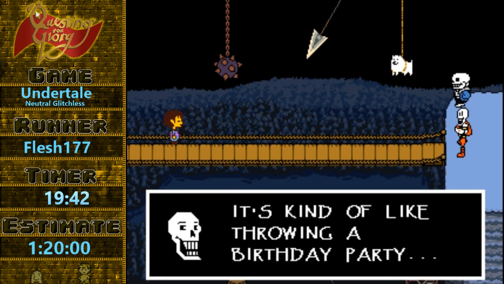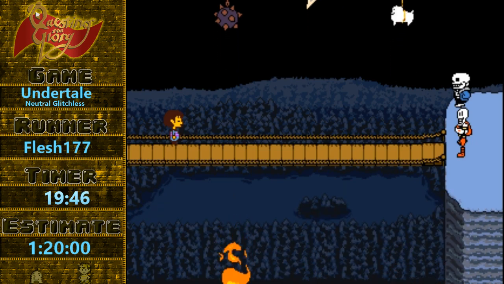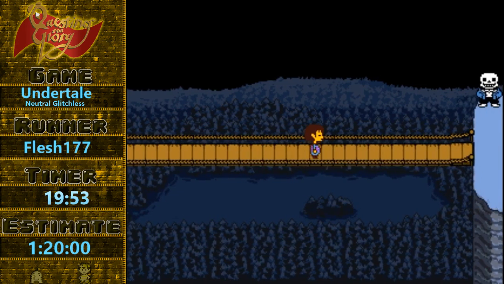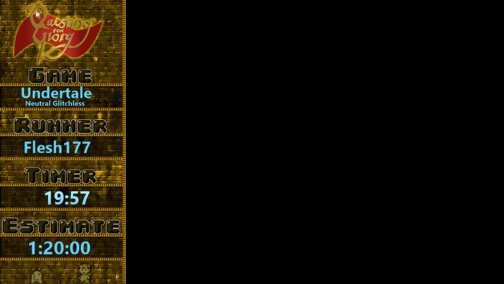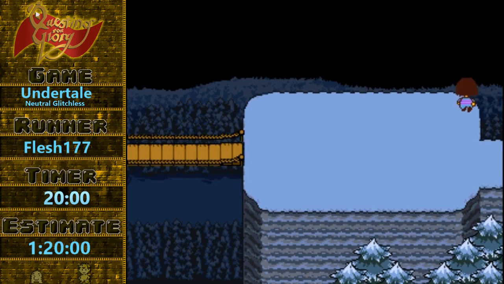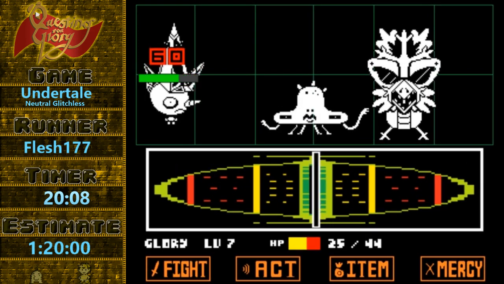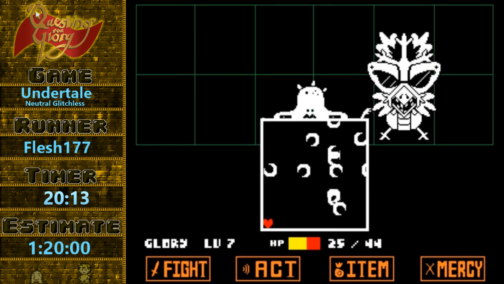So yeah, Papyrus and Sans, only Papyrus prepared a trap for us, but he is too scared and too good to use it against us, so we are just going further. And yeah, here's the grinding part of Snowdin. I don't count here, because whenever you are getting to the Snowdin city actually, which is one screen more on the right,